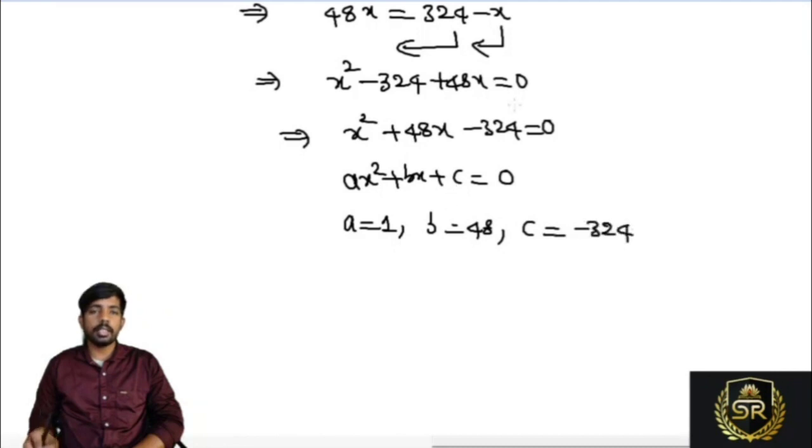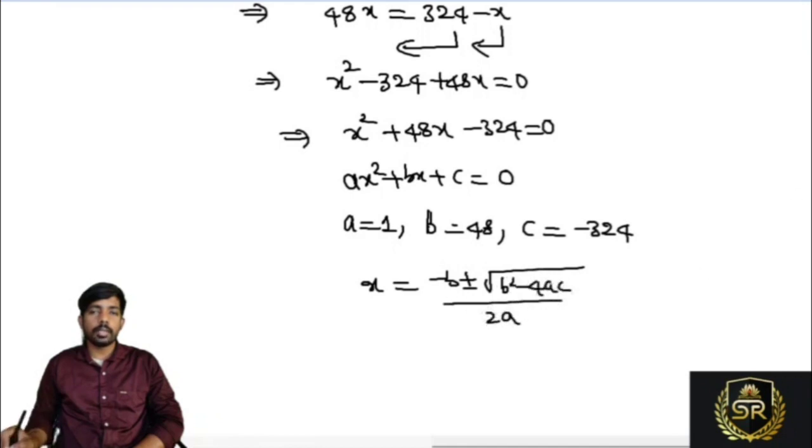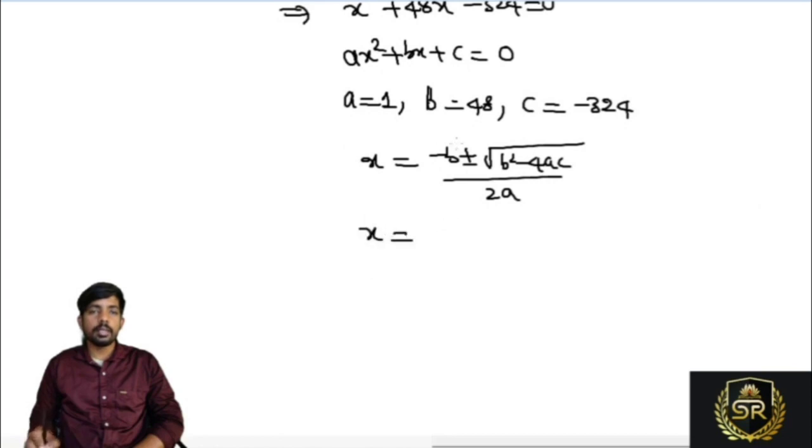Okay, comparing: in the place of c we have minus 324, beside x we have b equals 48, and beside x square, a is 1, since if nothing is there we consider 1. So here b is equal to 48 and c is equal to minus 324. So we have the quadratic formula: x is equal to minus b plus or minus root over b square minus 4ac, by 2a. So x is equal to minus 48 plus or minus root over b square, which means 48 square, minus 4ac,